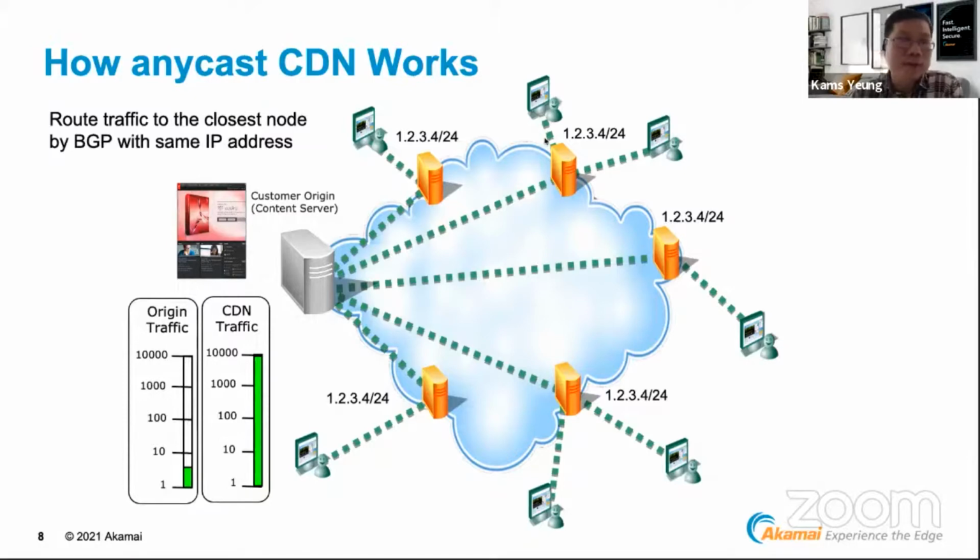It actually depends on the user's network, the ISP, and the BGP routing to see where the closest node is. And Anycast is not only used for CDN. A lot of DNS providers are also using Anycast. So basically, the user goes by BGP to the closest node, and then of course